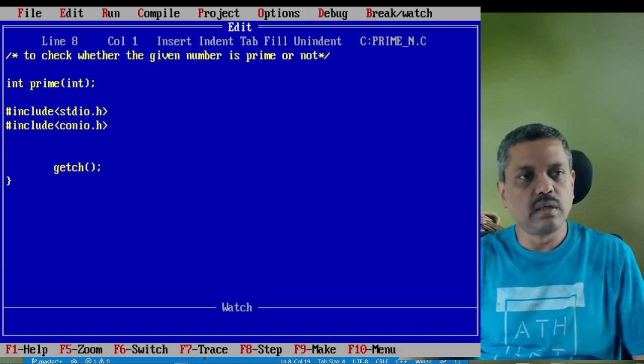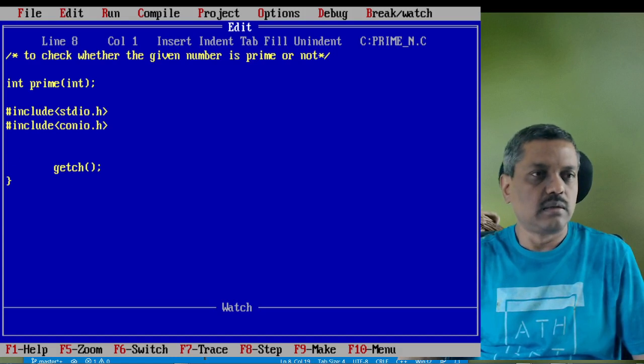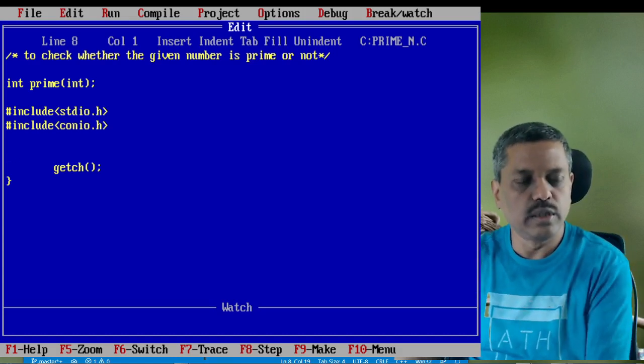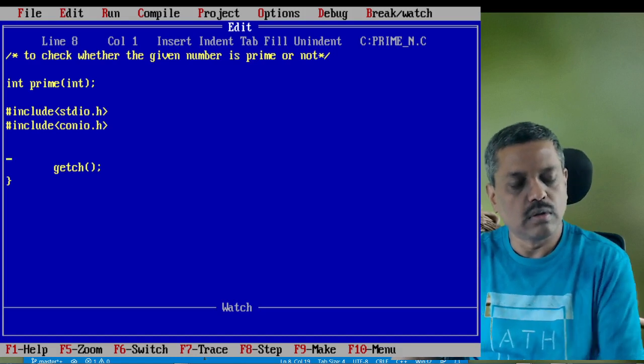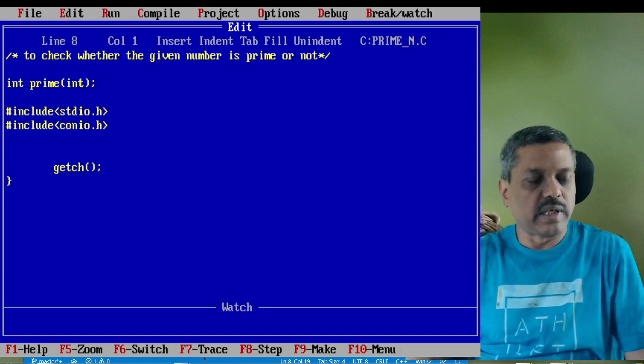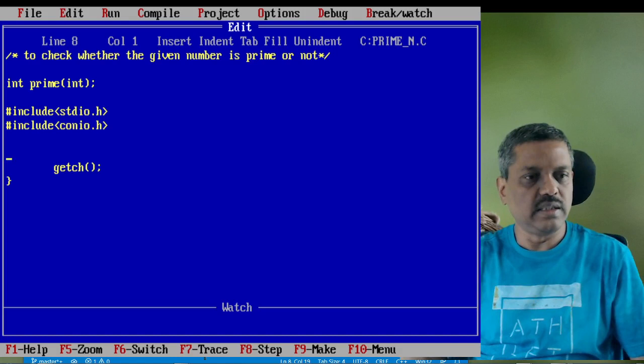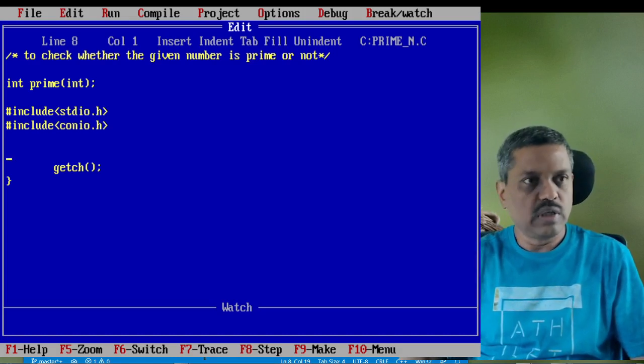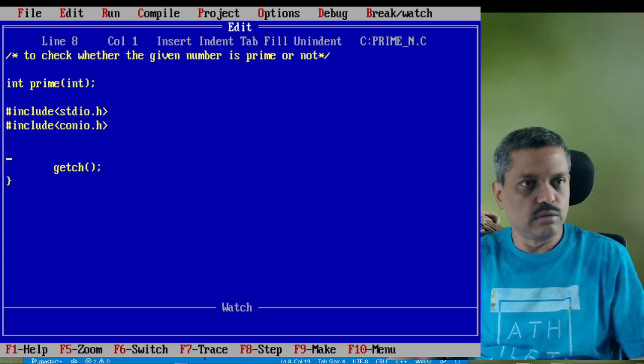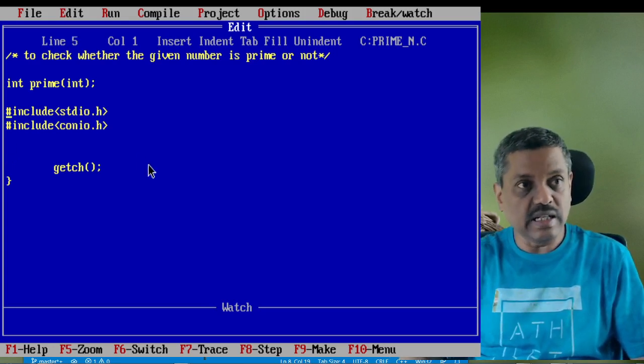Simply supply the number through the keyboard and then give it to the prime function to check whether it is prime or not. That's the idea. So what we need to do is declare and define.